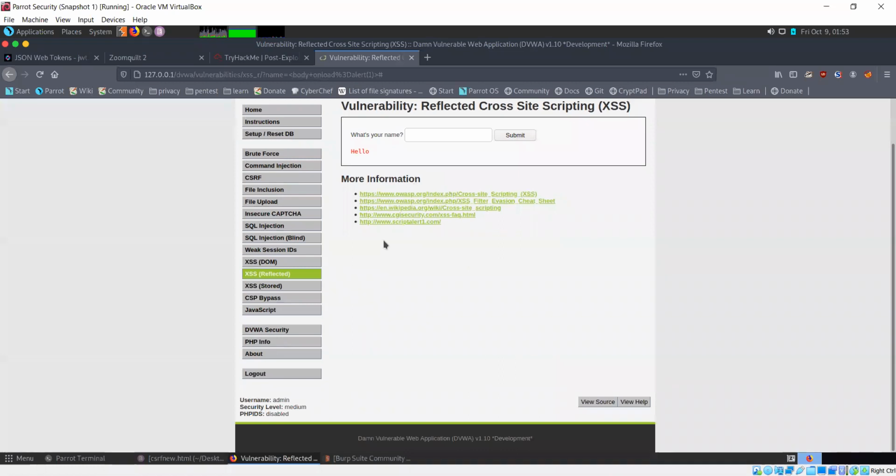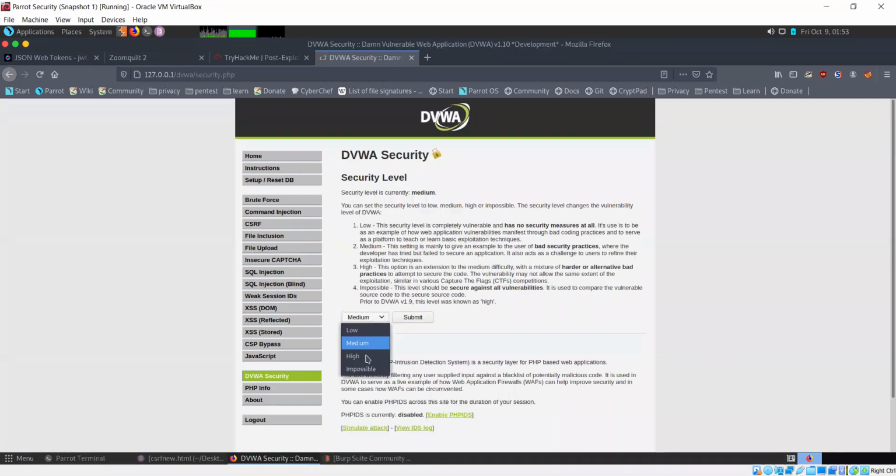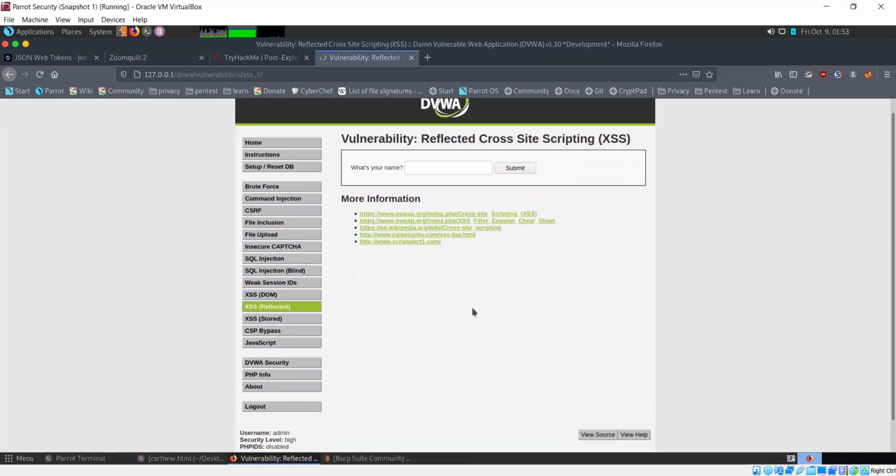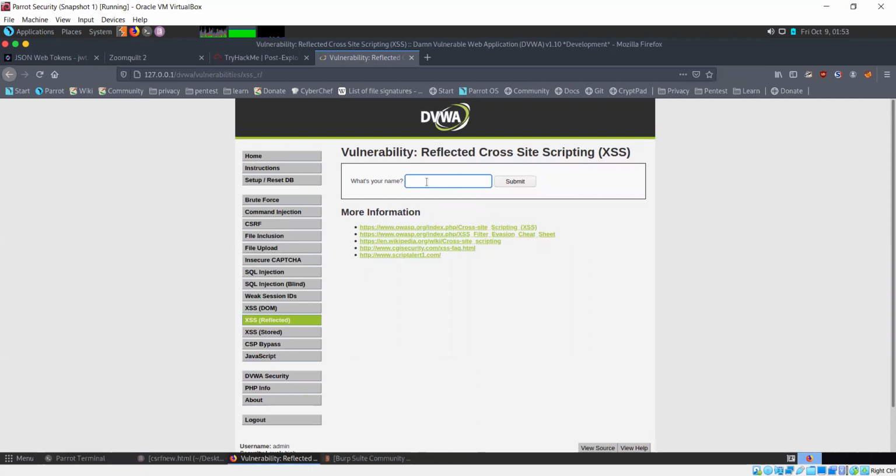So this is what is happening in the medium security level. Let's check out high. If I use this, does this work?